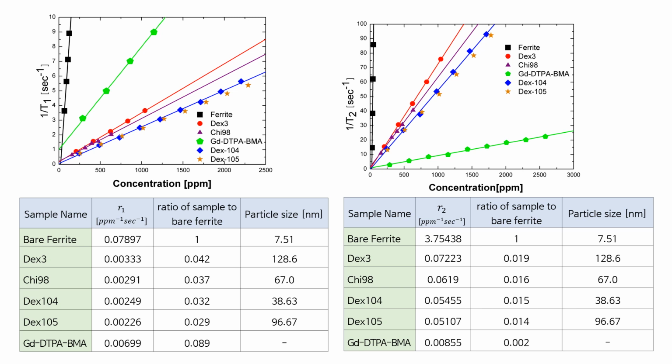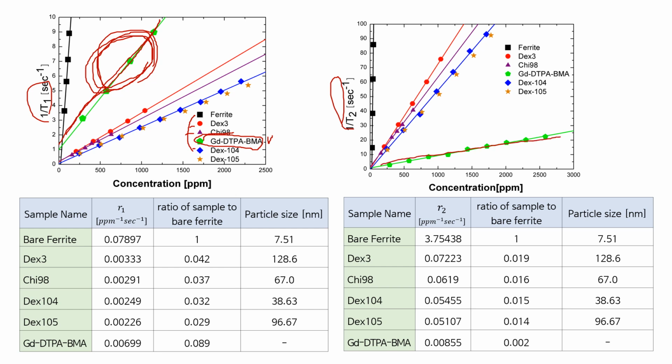Here are data for several contrast agents, and this one is data for Gd-DTPA, the commercial contrast agent, and others are contrast agents which are made in our laboratory. So this gives the T1 reactivity, and this gives the T2 reactivity, and Gd-DTPA has a larger T1 reactivity. The slope of this curve gives the reactivity. So the slope of the T1 curve is larger than that of the T2 curve